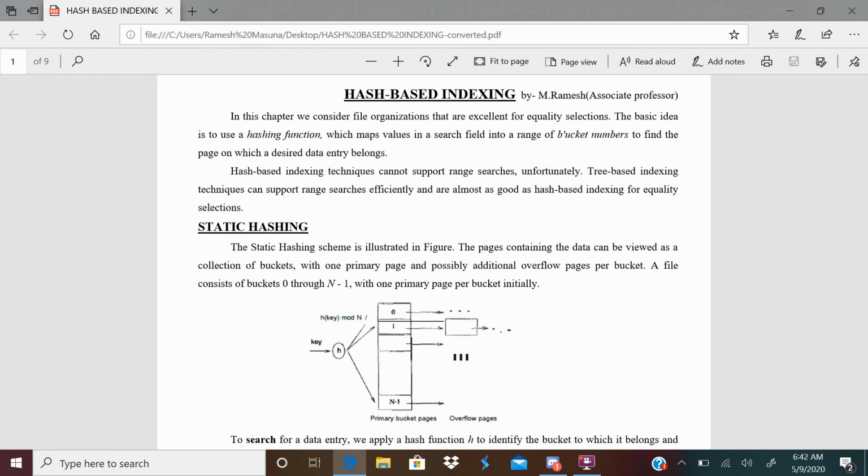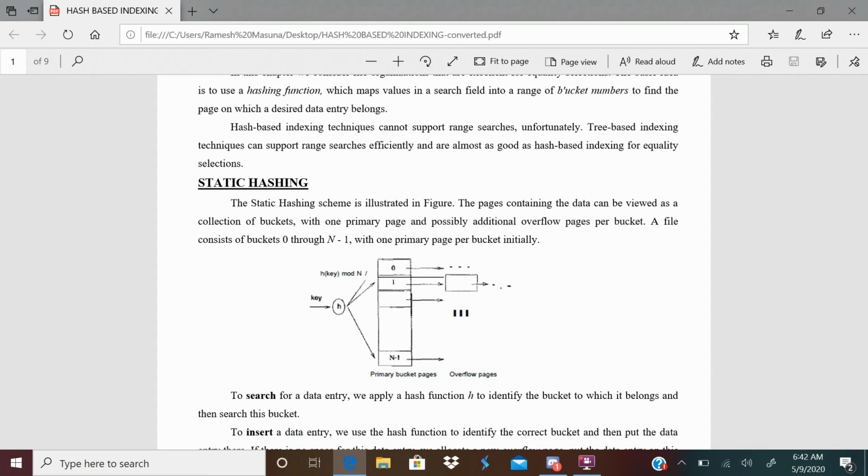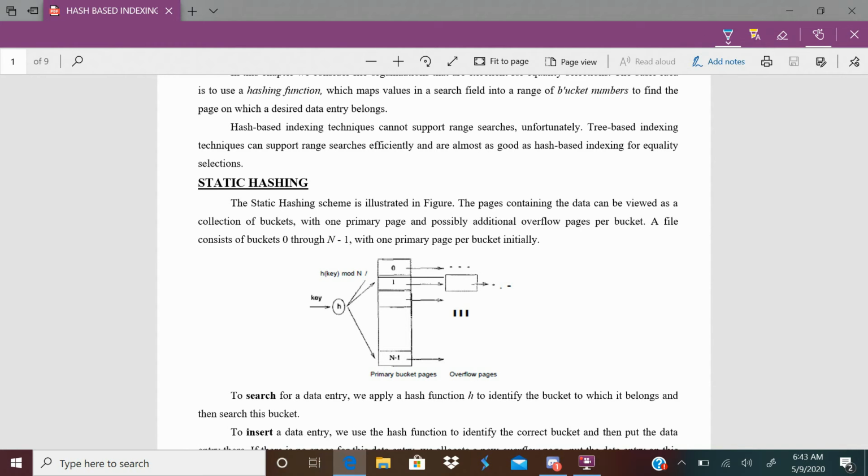Before I go to linear hashing, I will briefly recap what we discussed for static hashing and dynamic hashing, that is, in dynamic hashing, extendable hashing. Yesterday we discussed static hashing, which uses a hash function. But what is the problem with static hashing? Long overflow chains are possible. What does it mean? If index records are to be added to a particular bucket, they are added in sequence. We call this long overflow chains, and that is a drawback.